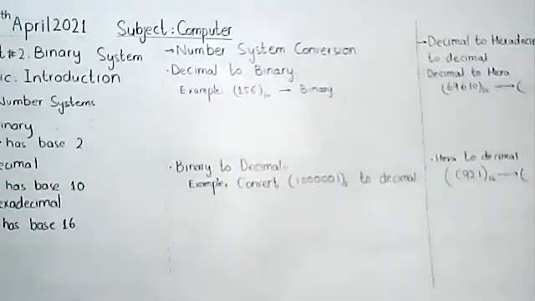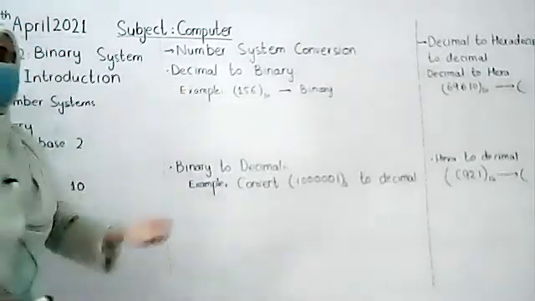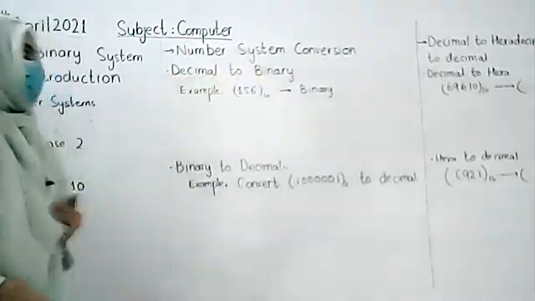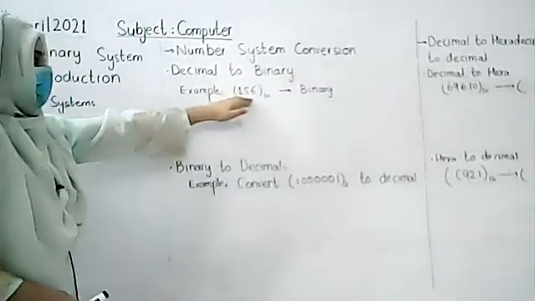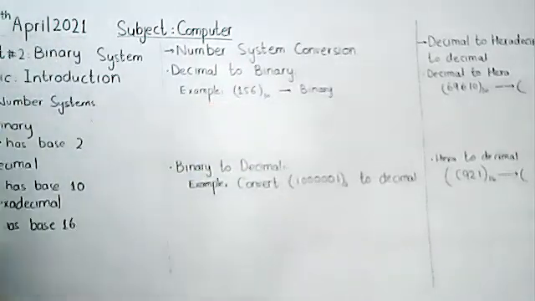Now we will take an example to clear the idea about the conversion. We have to convert the number system from that to that. So first of all, we will take a review of how we can convert the numbers which are decimal into binary. So let's take an example. For example, we have a number 156 base 10 and we have to convert it into binary. So now we will see how we can solve it.